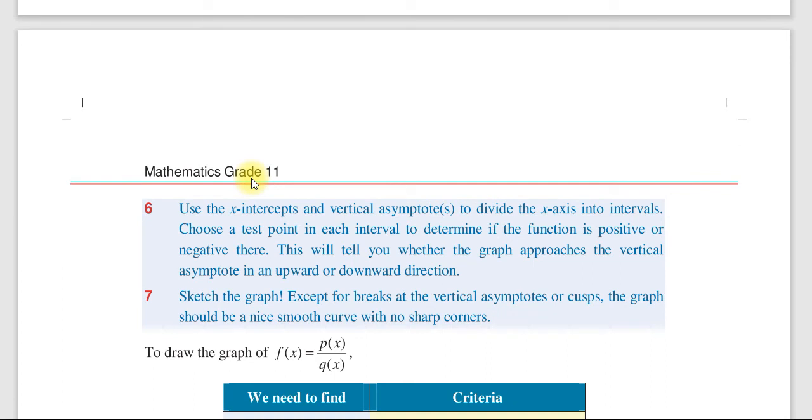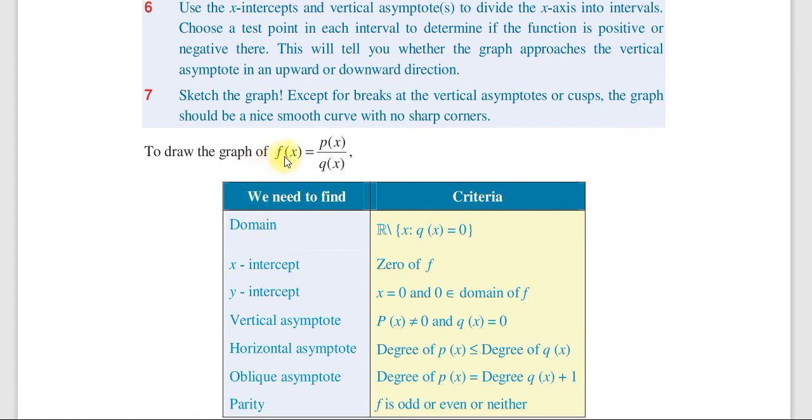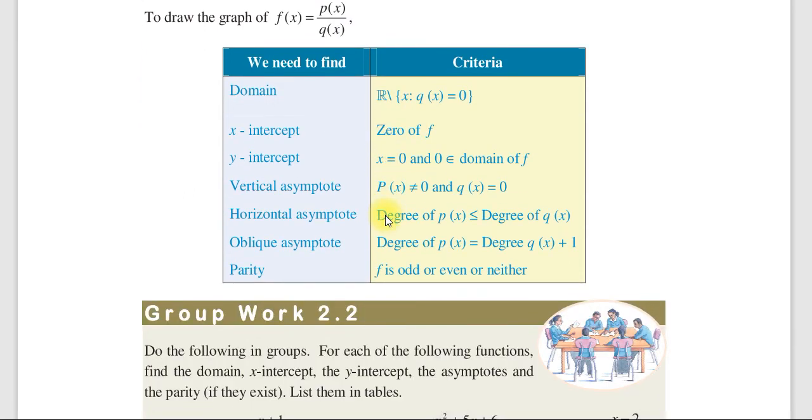ማለት ነው ከዛ ግራፋችንን መሳል ነው so to draw the graph of f of x which is equal to p of x over q of x እነዚህ ነገሮች ያስፈልጉናል እነዚህ ነገሮች ሰባቱ ቅድም የጠቀስናቸው እነዚህ ናቸው ባጭሩ። ለምሳሌ ዶሜናችን r ነው without x ሳይዛት p of x which is equal to 0 ዶሜናችን all real number ሆኖ